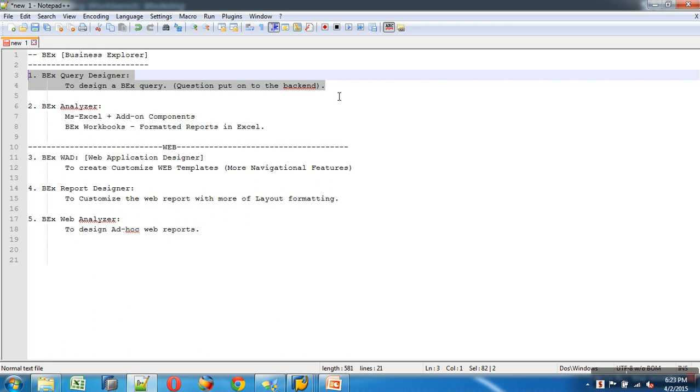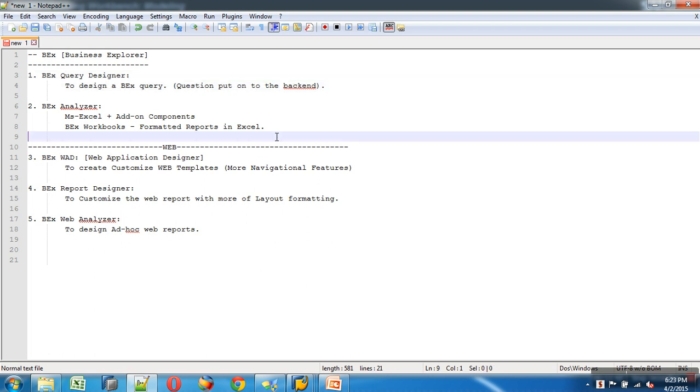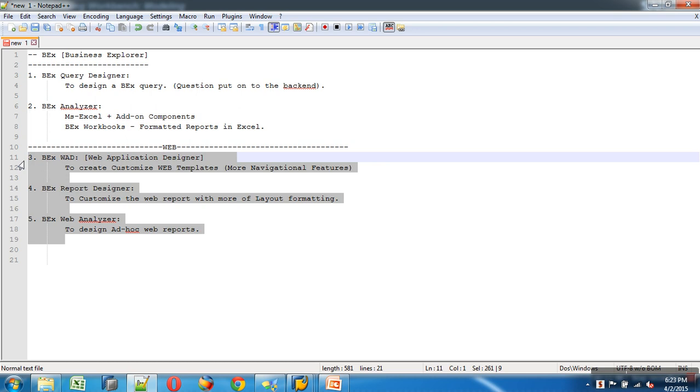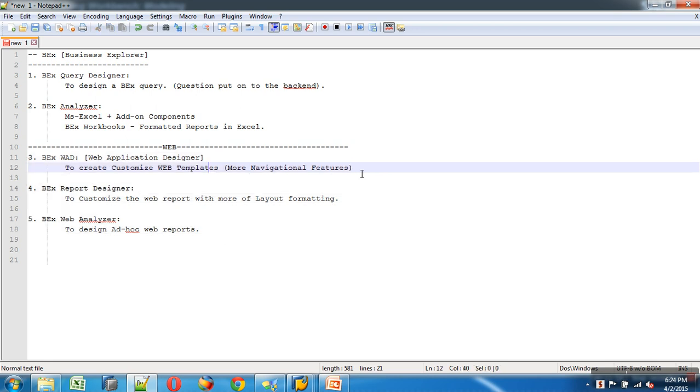Okay? So our main focus will be on these 2 tools. No one is interested in this now, with the involvement of BO in the front end. But if you know WAD here, SAP has now come out with something called Business Objects Design Studio, which is more or less like WAD.